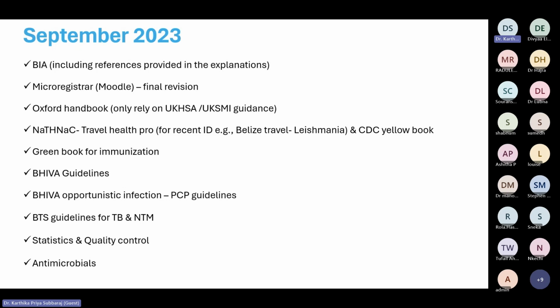If you're going for medical microbiology part one, you will have 125 questions, which you need to complete within 3 hours. So you have to manage your time. Most of the questions will have a long stem. That means the clinical scenario will be a bit longer, and you need to answer each question within about 1 minute.